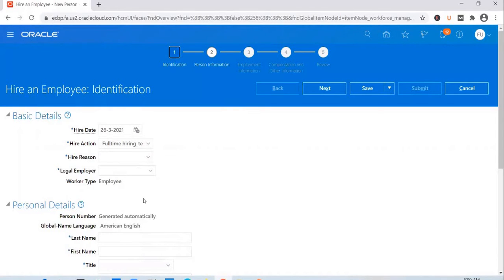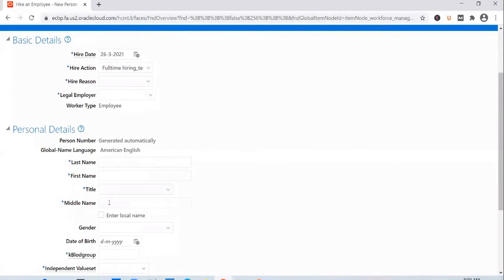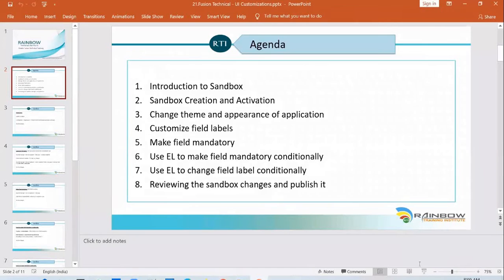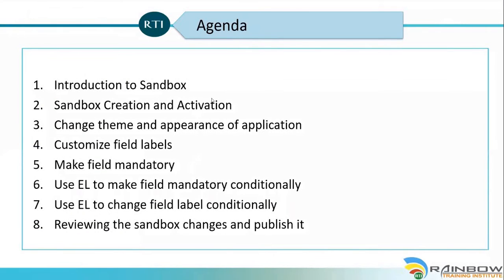When it comes to page level changes, when they ask you to make certain changes, like make a field mandatory or change the label, they might ask you to make those changes without conditions, or they might ask you to make those changes based on conditions. It could be conditional based changes, or it could be unconditional changes. So we'll see all these three categories today, how to make changes in these three sets. And it doesn't matter what component you are changing in the user interface, whether it is the appearance of the application or a page specific change.